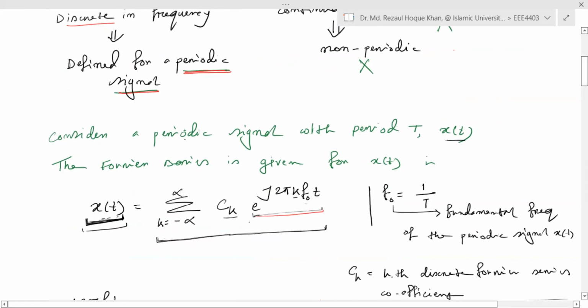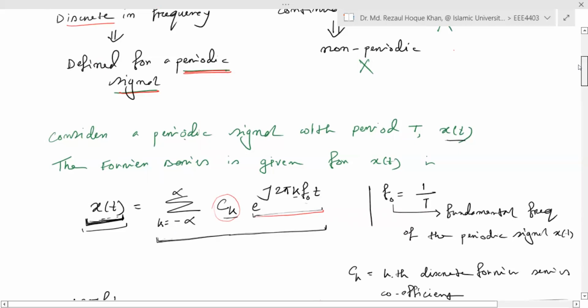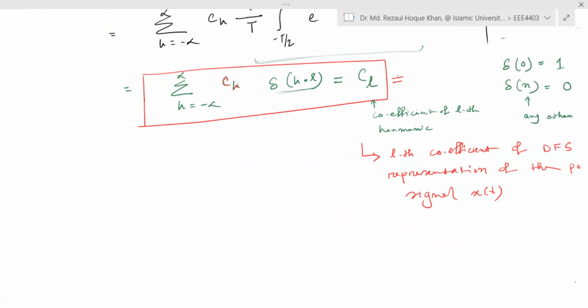Every harmonic is represented by a coefficient, and for a specific harmonic, the Lth coefficient is this. So once we know a coefficient value CL, we can also know